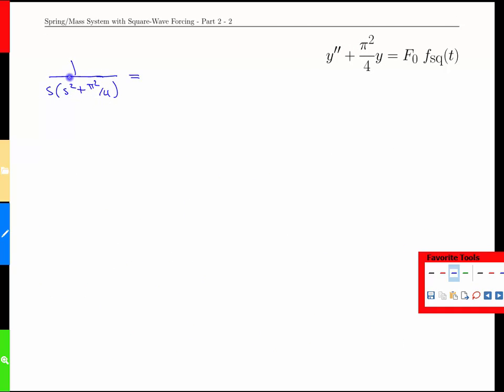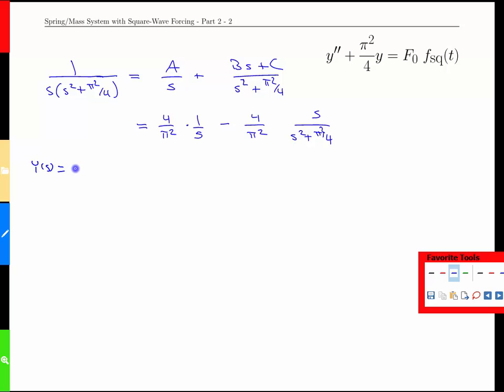Focusing our attention on the rational function here, we would break this down into its component parts with partial fractions. We won't show all the work here, but we end up with 4 over pi squared times the 1 over s term minus 4 over pi squared times s over s squared plus pi squared over 4. What that means for Y(s), which is equal to f naught times the set of exponentials in alternating signs,